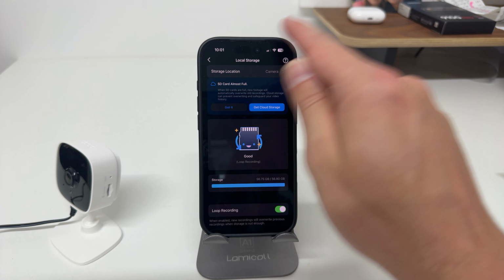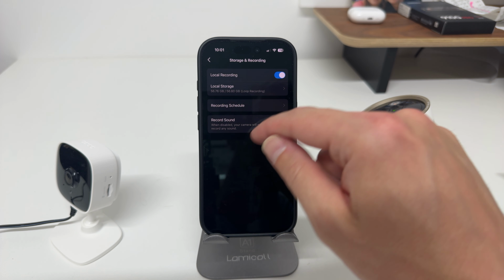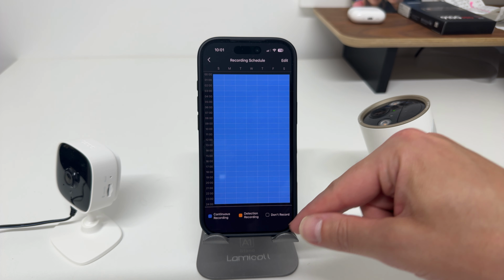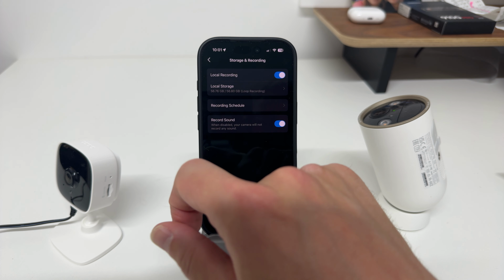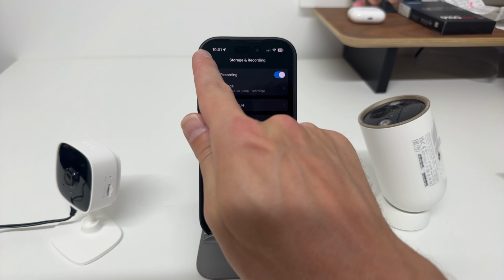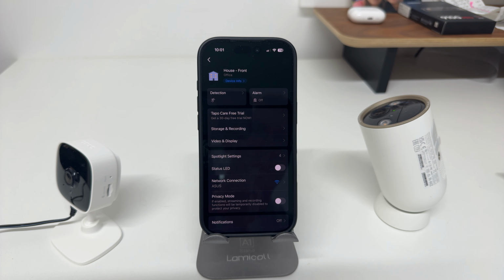So go back over there and check our work. Make sure recording schedule is selected. Yep. Continuous recording, record sound, and that's it. And that is how you set up